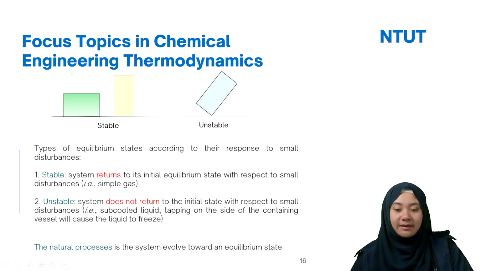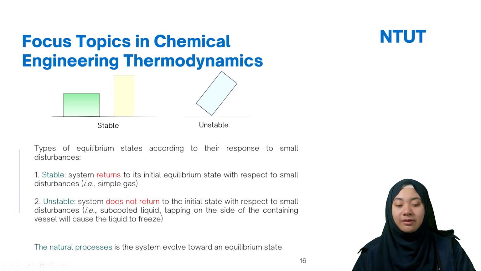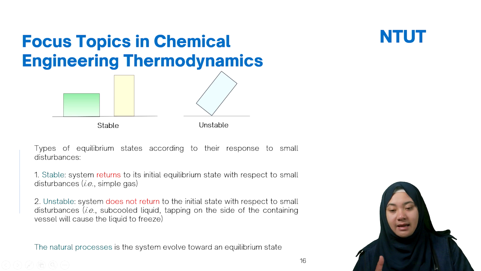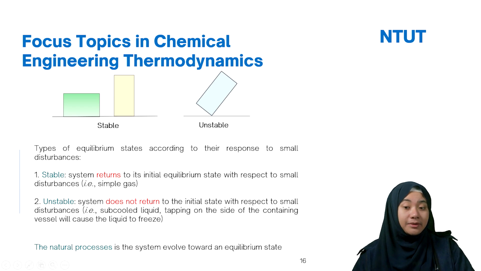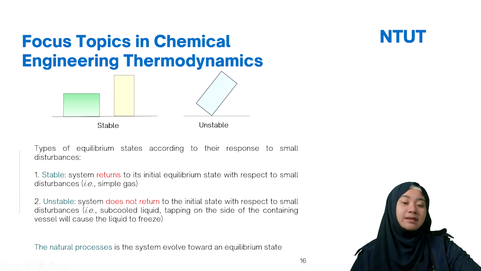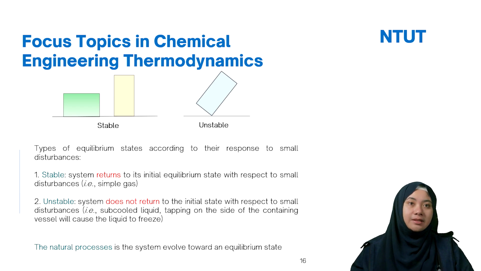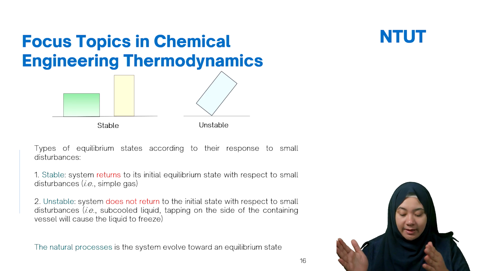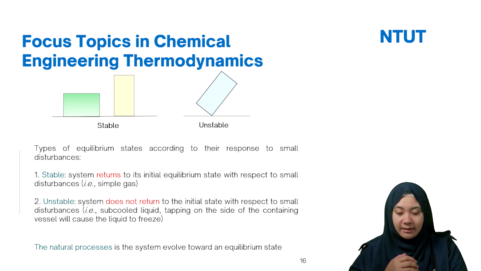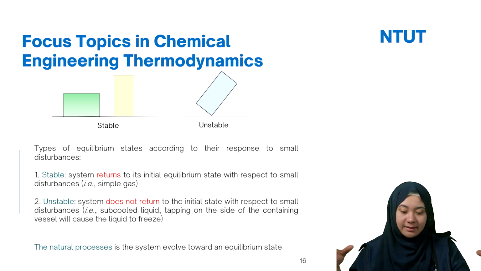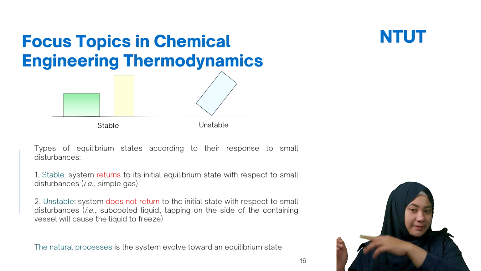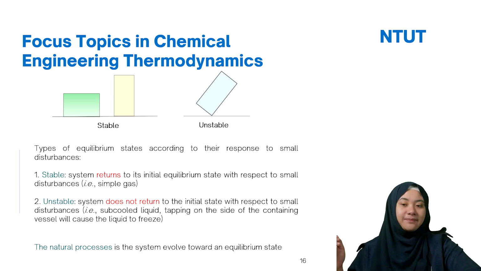The same goes for natural processes: mostly the system evolves toward an equilibrium state. So equilibrium states are mostly stable states. But before they reach the stable condition, they start out unstable. That's why in engineering you learn about steady state and unsteady state. For example, if I have a process, the first state is unstable, like they have disturbance, up, down, up, down.